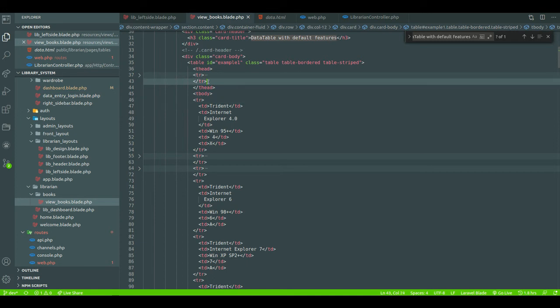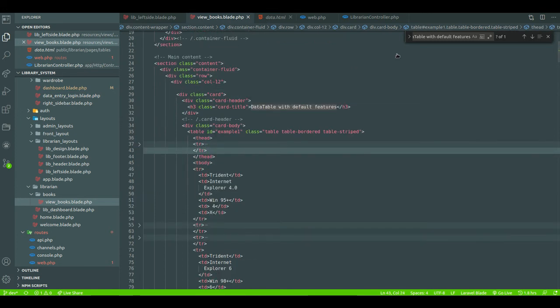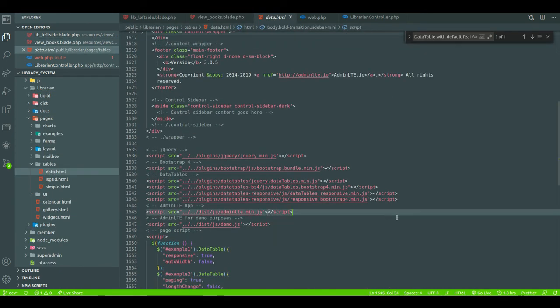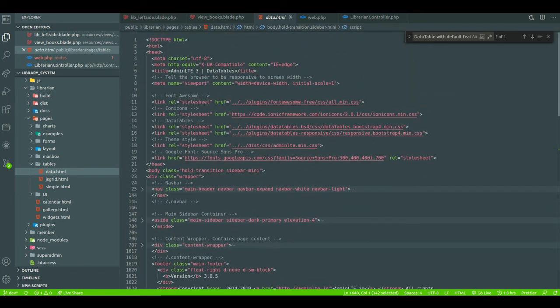Head is done. Okay, let's first I think in the data HTML you can see one data table things. Okay, yeah, see this sort of things is there. So for data tables we need these four JS. Okay, I think only JS is needed.